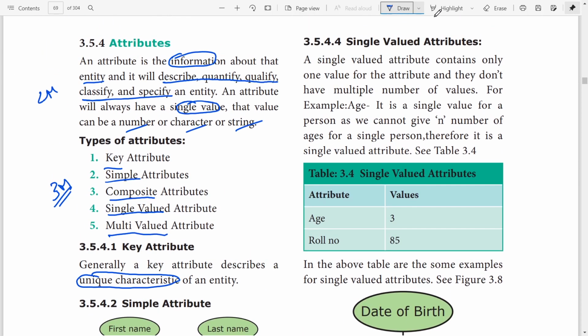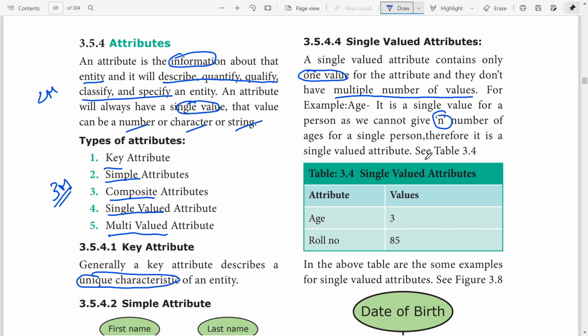Single valued attributes. A single valued attribute contains only one value for the attribute. They don't have multiple values. For example, age. It is a single value for a person. We cannot give n number of ages for a single person. A person cannot have many ages. At present, we can have only one value for age.